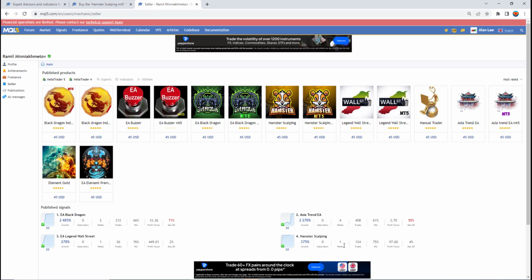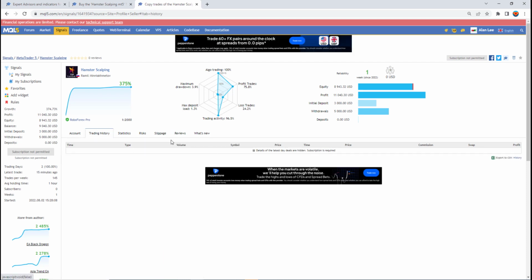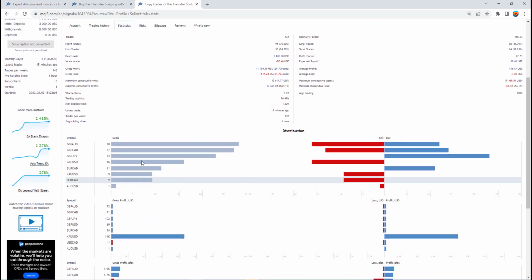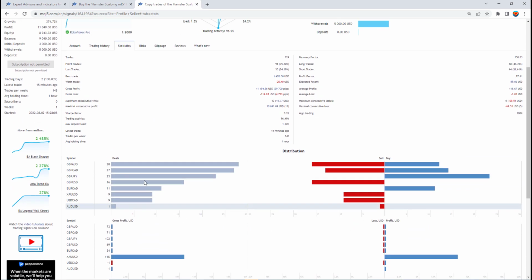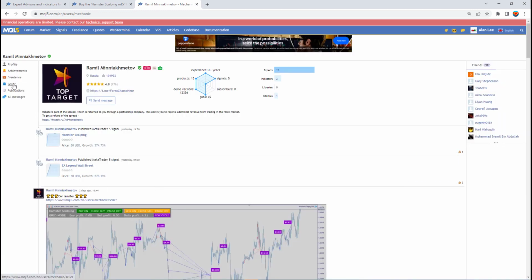And Hamster, in 1 week he's made 375% already. Trading history. Okay, he's hidden these results for now. Okay, so maybe it's because it's only 1 week old. But you can also see the breakdown. He's trading against. Oh yeah, so let me show you this. If you go back to